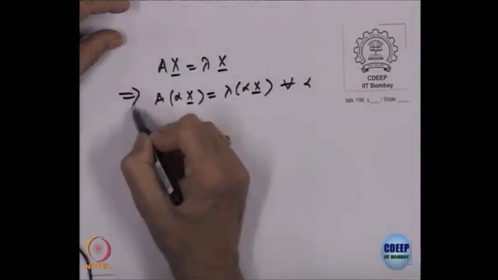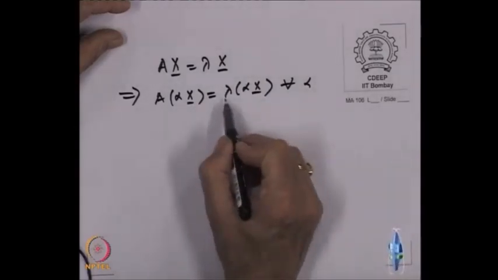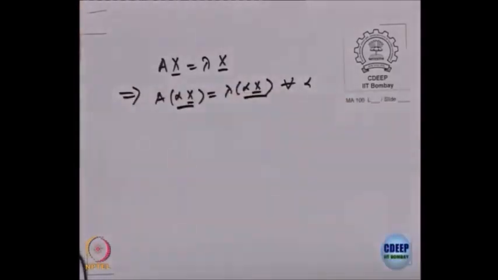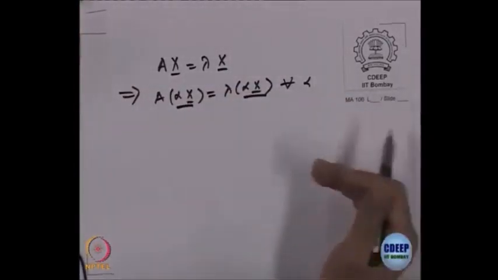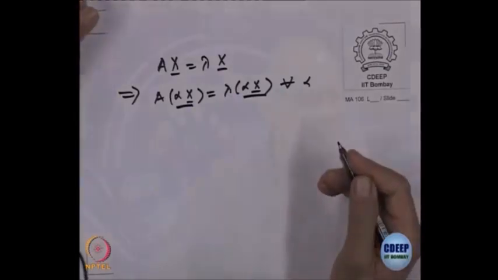If this implies this, right. So, for the same scalar lambda, this also is a solution. And there is a vector on the same line, alpha times that vector, which we have chosen, that is all. So, you take any vector on that line, that is what I meant, clear, okay.